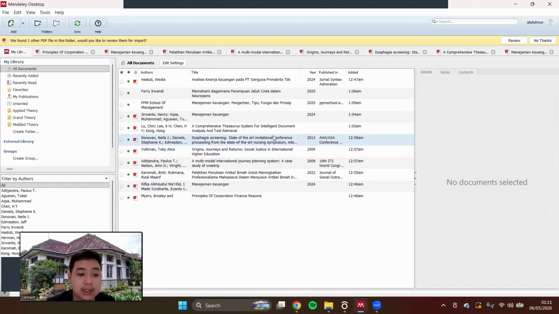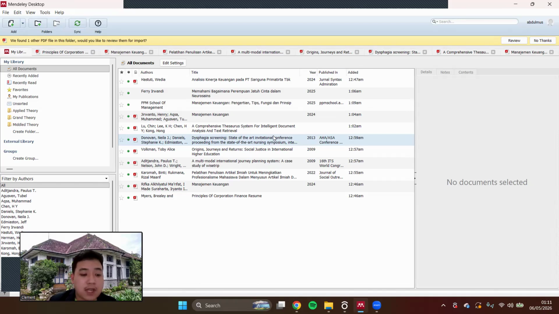The first method is to download only the metadata. Look for an export or share button on the website. Then choose the RIS or BibTeX format. This tiny file contains all the journal information without the actual PDF. Just add this file to Mendeley via add files and the data will populate automatically.